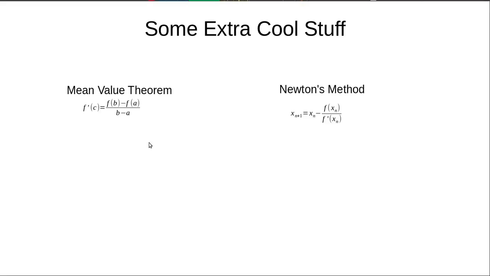Some extra cool stuff with derivatives is the mean value theorem, which states that there is some c that satisfies this equation for any b and a, which basically says that if you draw a line between the two endpoints, which will have the x values of b and a, and then so if you draw a y value, a line between the points